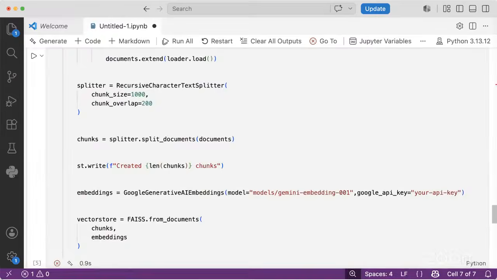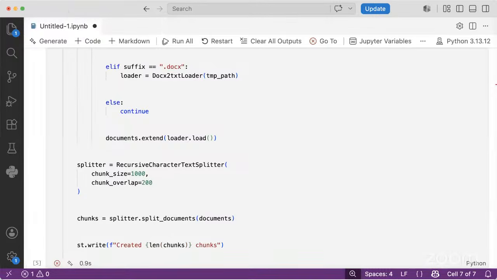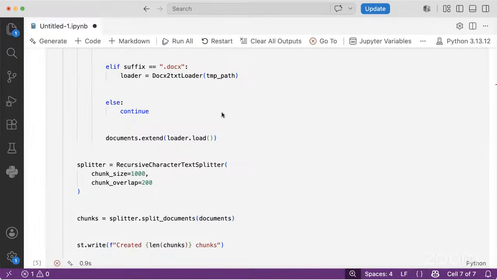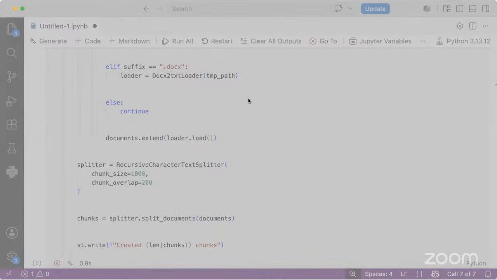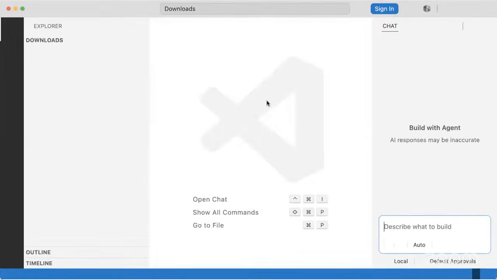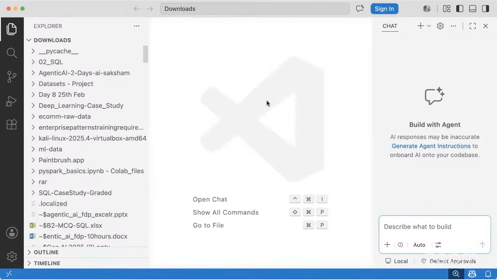Okay. I think our location is incorrect, which is why. One minute. I'll just go to some other folder. Right. Open folder. Just a moment. Right. Let me just go to the downloads folder. Right. Don't save. So maybe we are creating that in the wrong location. That is a restricted folder, which is why we got this. So initially,